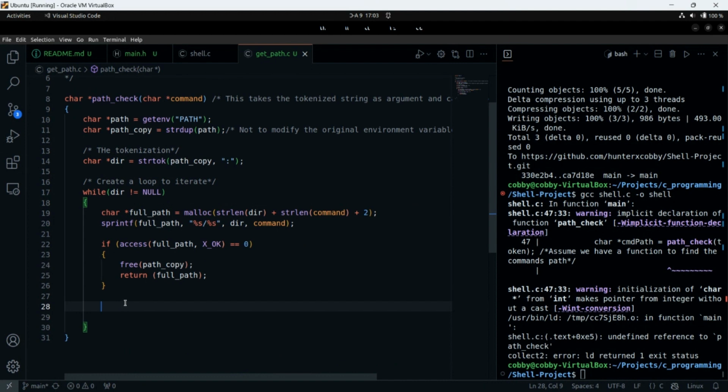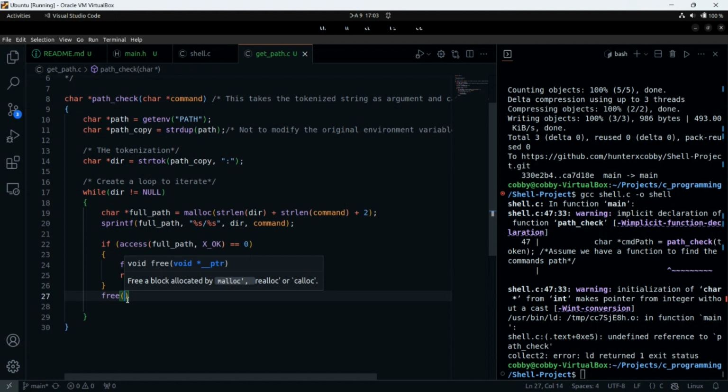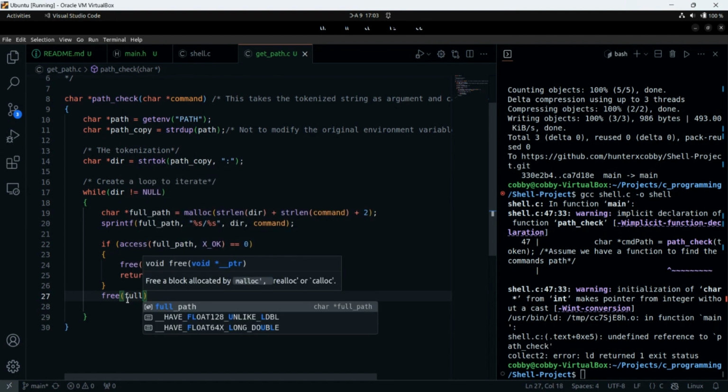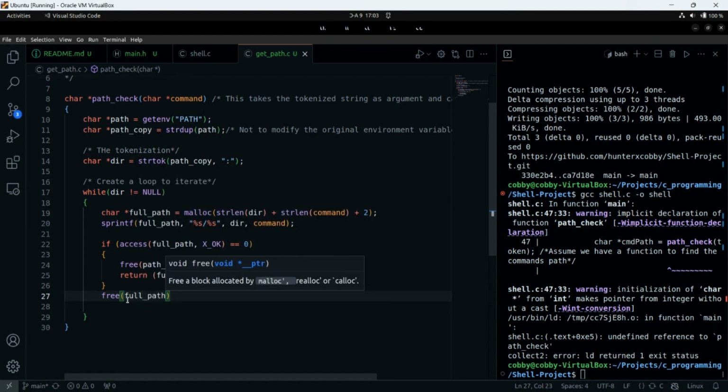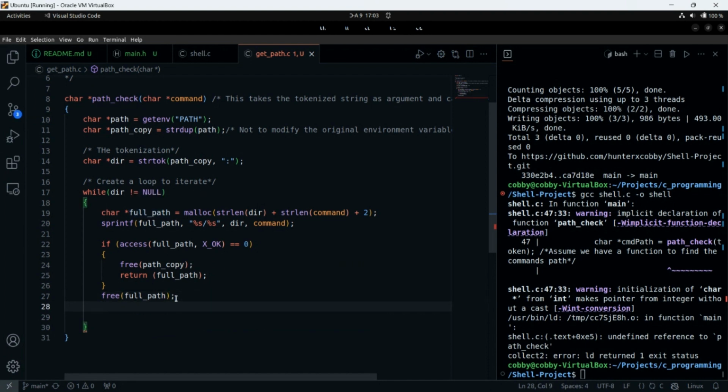So we basically want to first free full path, because there is no need for full path again. If it is not executable, then we just need to free it, and then let's iterate, right?